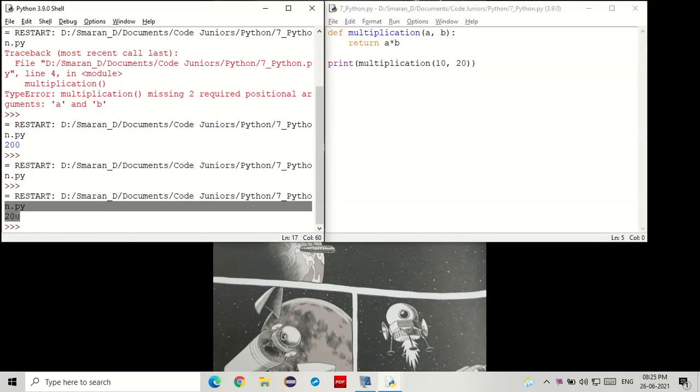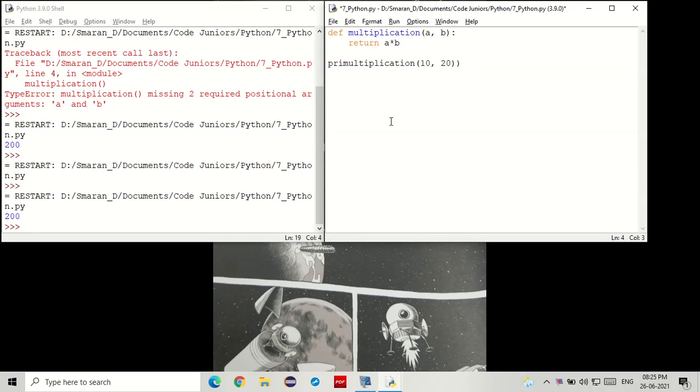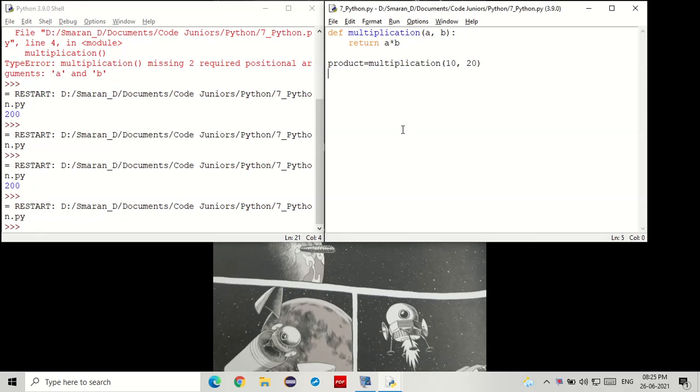There we go. Now, why do we need this return function? Why can't we just use a print? Well, in some cases, maybe we want to store the value that we get from this multiplication. For example,